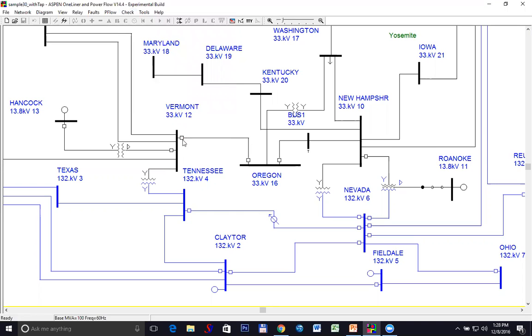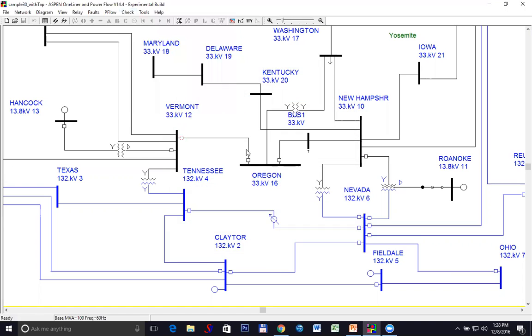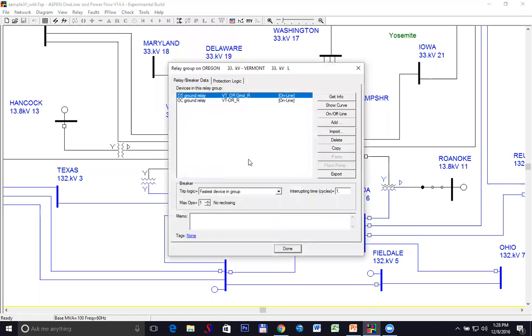Okay, so on the left-hand side of this line, there's this relay group near Vermont. It has a distance ground relay, an overcurrent ground relay, and an overcurrent phase relay, just for the fun of it. And on this end of the line, there's a distance ground relay and overcurrent ground relay.